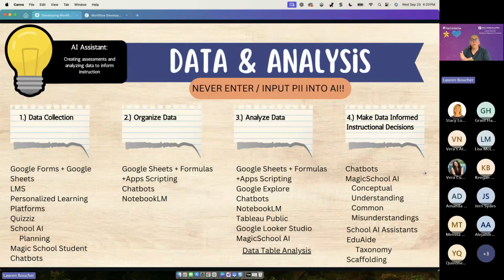So we can really have focused conversations with AI to help us take our data and then make it usable. EduAid has a taxonomy tool that will help you scaffold. So if you need help taking that standard and taking your data and figuring out how to scaffold it for your students moving forward, EduAid has a tool for that called taxonomy and scaffolding.